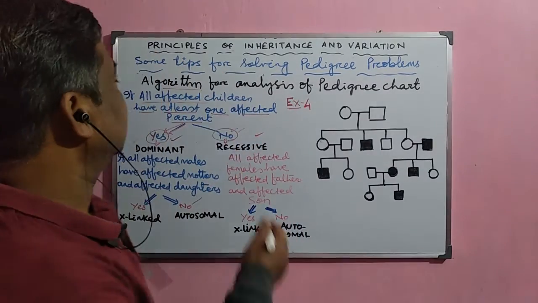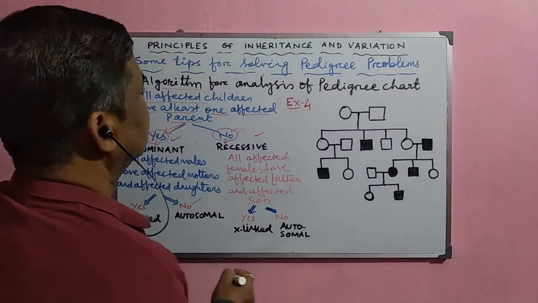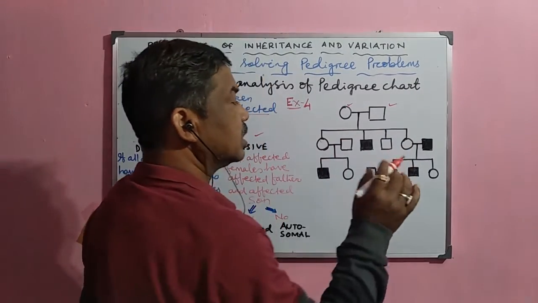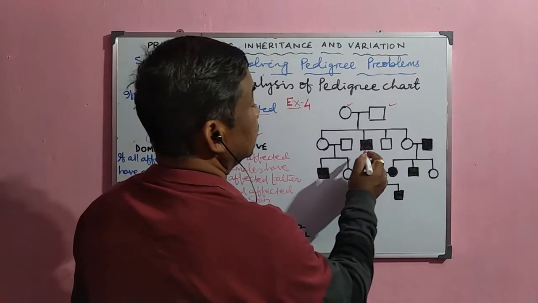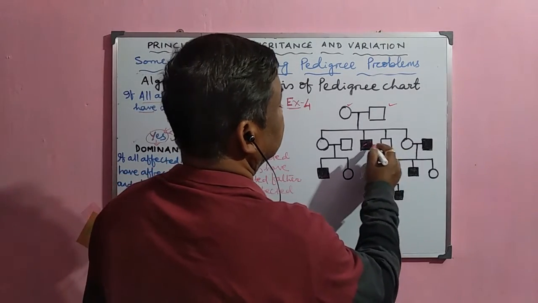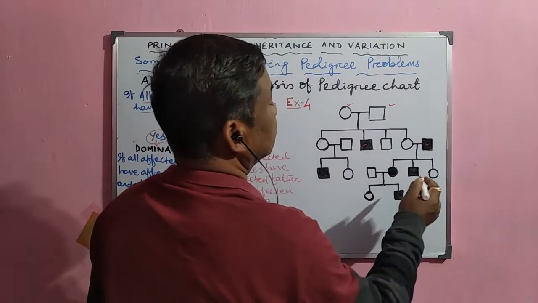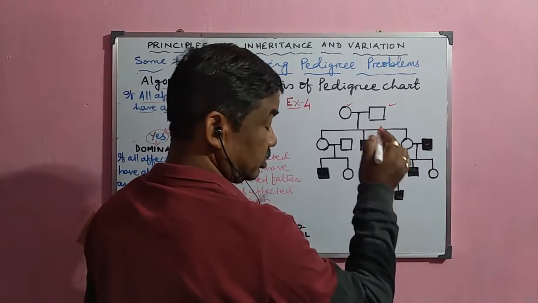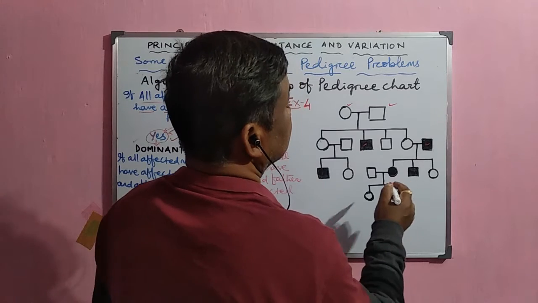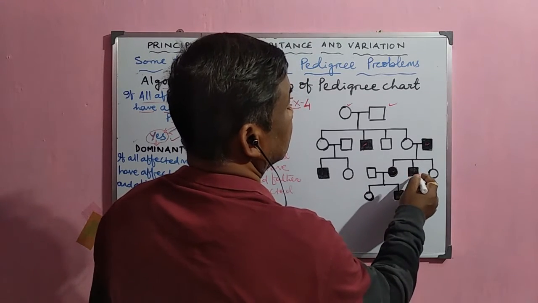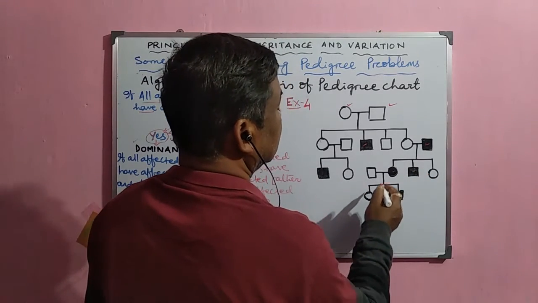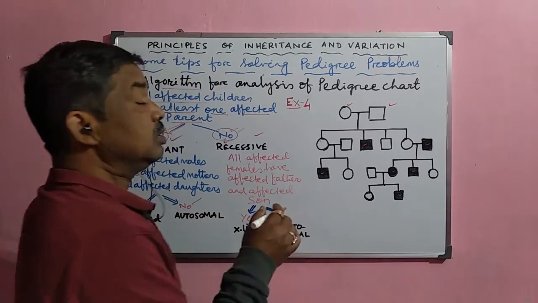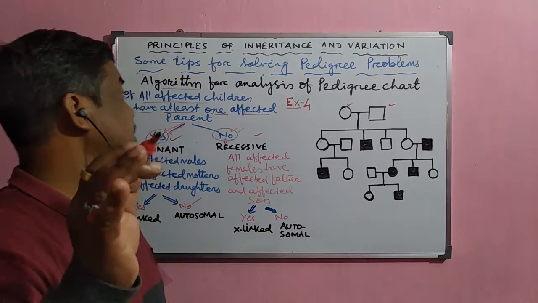Now look at this another example here. In this example, both males and females are not affected, but their children, like the male children, are affected. Suppose a normal female married an affected male, then it has an affected female and an affected male, and here also an affected male. So that is why mostly the males are affected here.